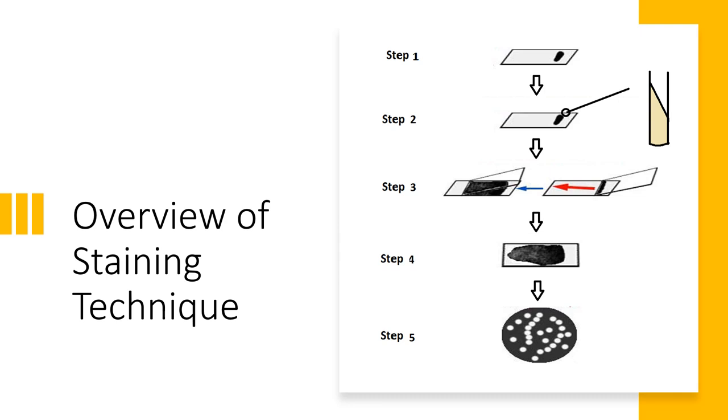part to make a uniform thin film on the surface of the slide, which we can see in step 4. Then allow it to air dry. Then by placing an oil droplet onto it, we can observe it under the microscope. We are able to see under the microscope the bright spots of the bacteria against the dark background, which I have shown in step 5.